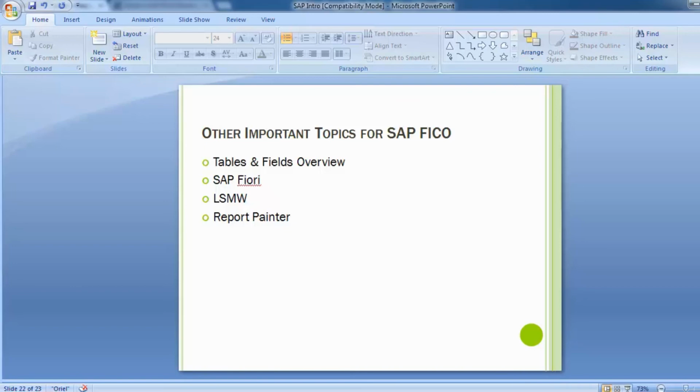There are different modules for which reports have been created in the report painter, only from the controlling side, like cost center accounting, profit center accounting, product costing, internal order, or profitability analysis. So whatever kind of reports you need out of these different modules, those reports can be